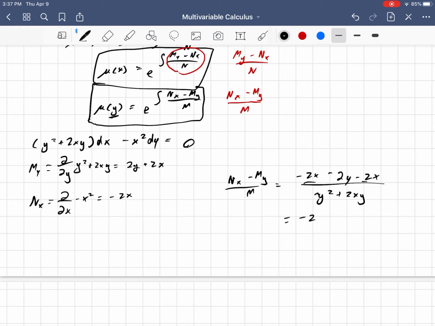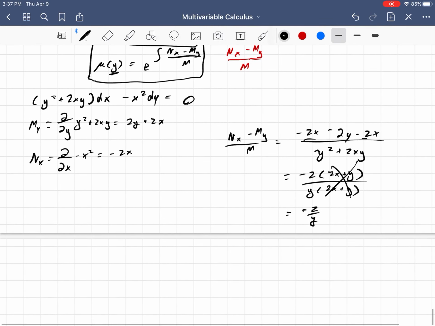So that's negative 4x minus 2y, or negative 2 times 2x plus y, over... now if I pulled out a y, that's y times 2x plus y. And look at that,